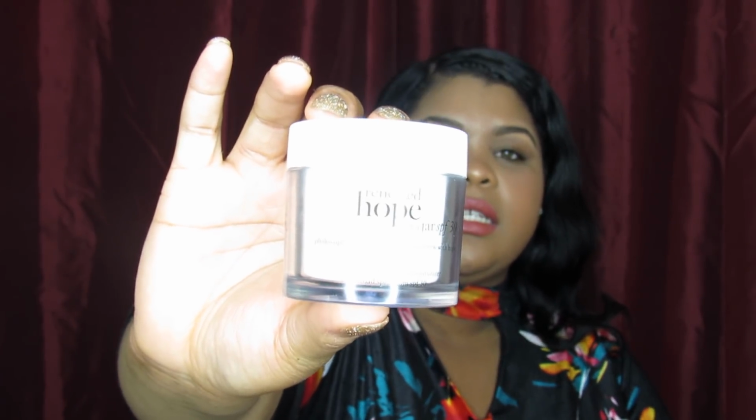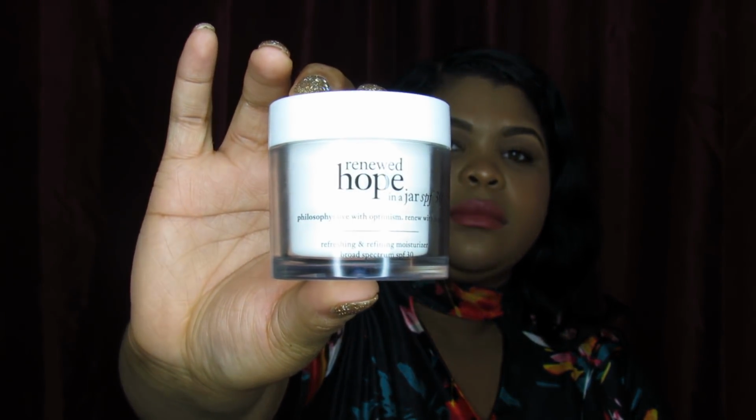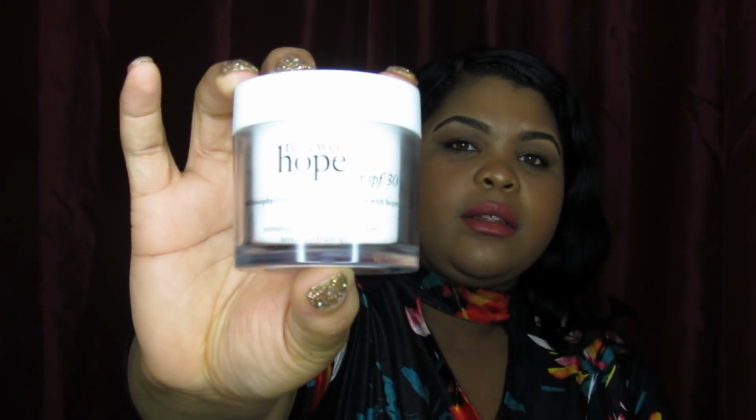I don't know if you can see it. Oh, and so the product actually is filled to the top. You know how some companies don't fill their products up? It does. This has a very light and soft smell to it, but it has the SPF 30 in it,